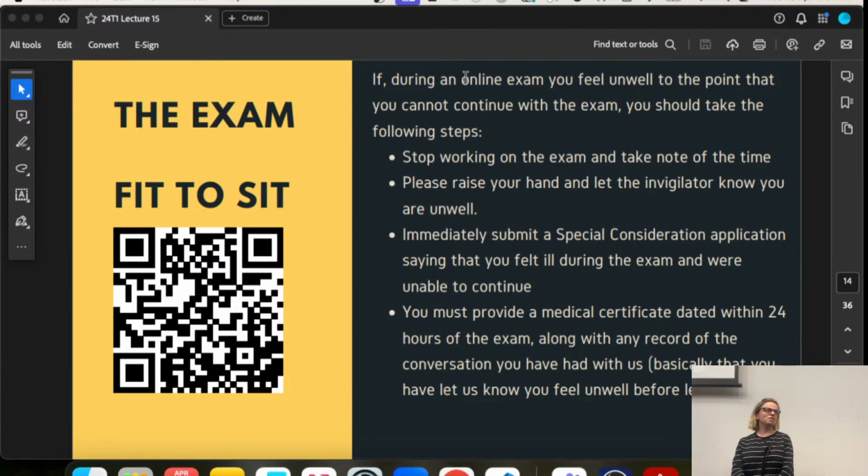And what I will do is I will find out what you are feeling and then probably try and get you an appointment straight away at the health services on campus, which means that you're able to get a medical certificate and also be attended to straight away. And that means that you can then go and apply for special consideration. I would prefer if you all felt okay during the exam though and just breeze through it. That would really be much better.